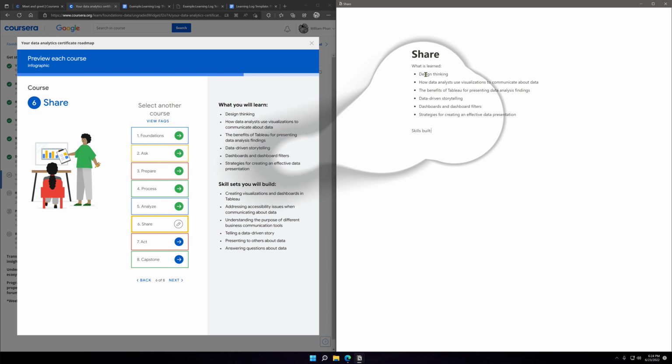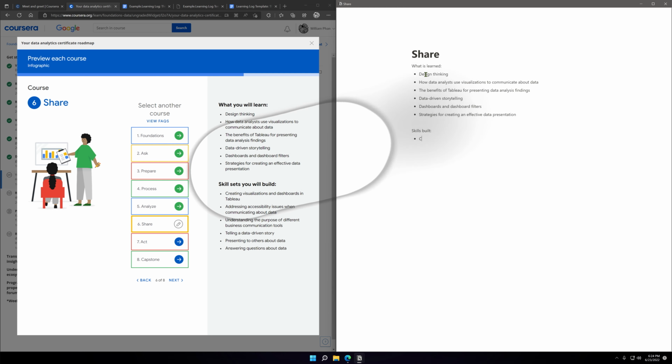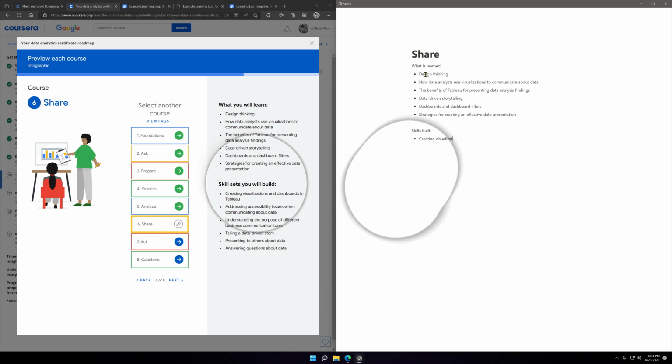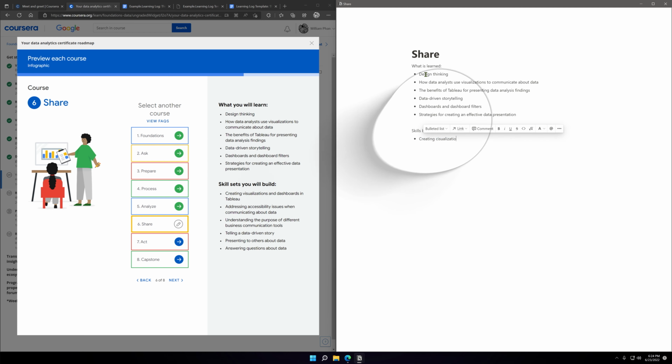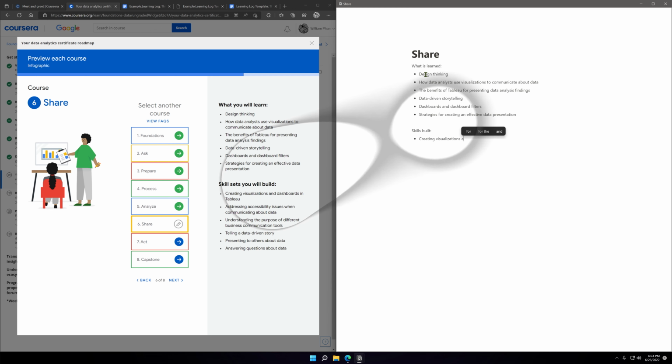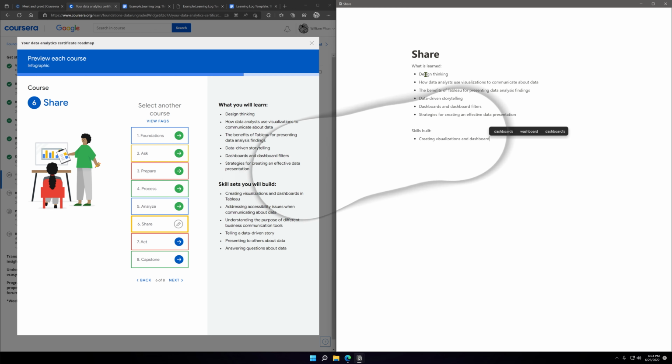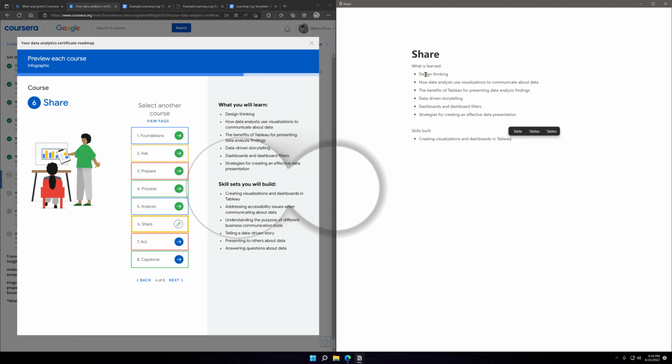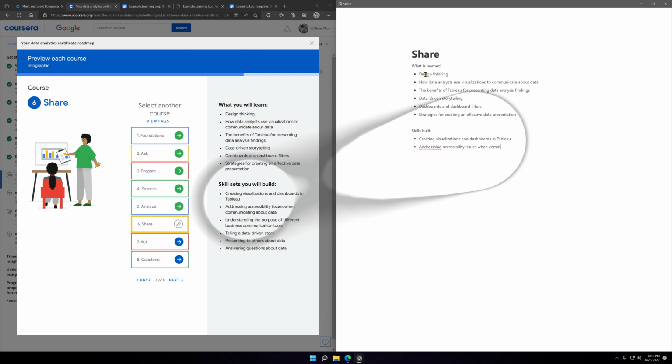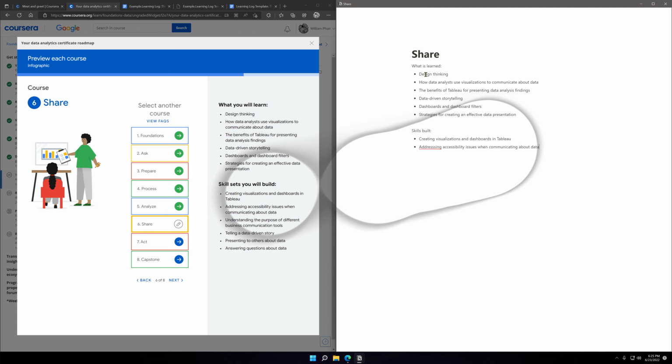Skills built: visualization. Addressing accessibility issues when communicating about data.